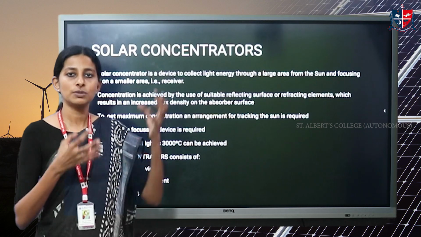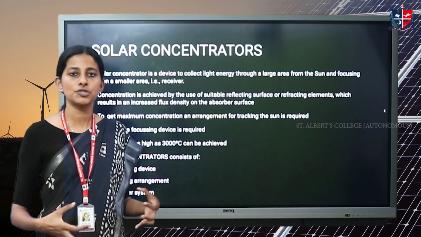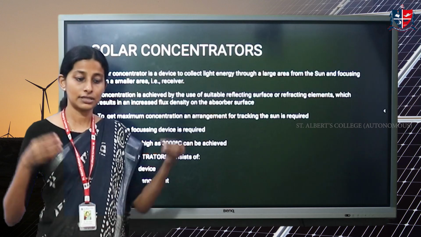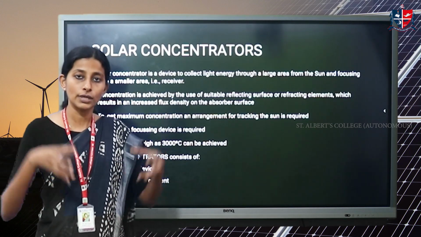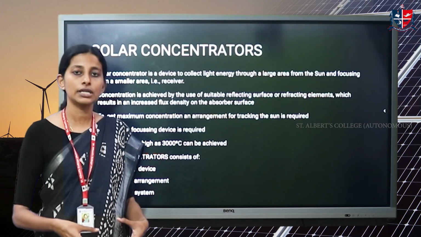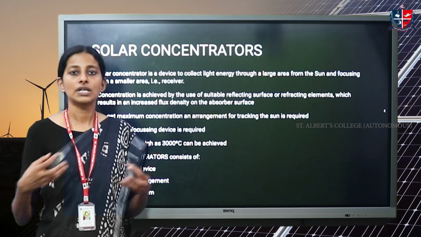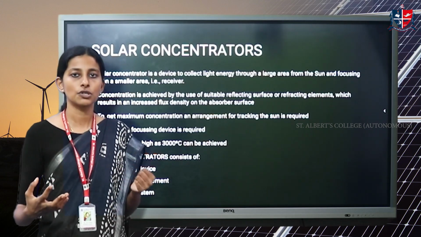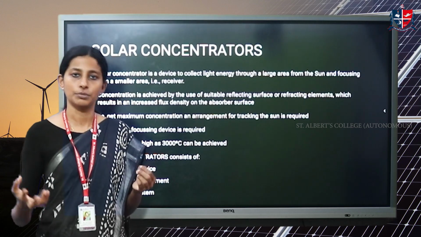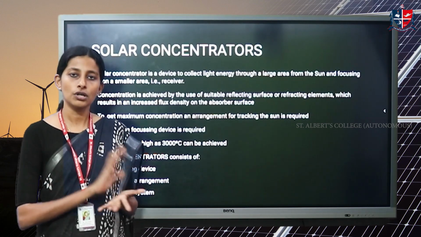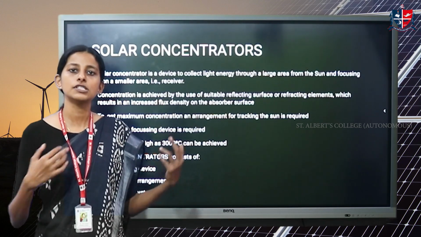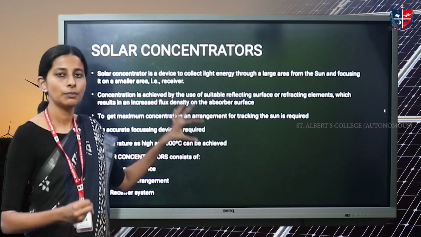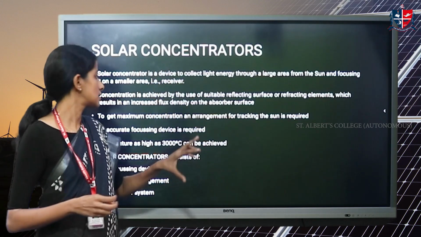They do not just capture the energy and use it as it is, but try to bring it to a certain point. They try to concentrate, which means you are focusing the radiation into a particular area and then using it. That is what a solar concentrator is all about. It has its own advantages because you are using it at a very high temperature, whereas in a non-concentrator, whatever is available is used for different applications. So here we will be dealing mainly with solar concentrators.